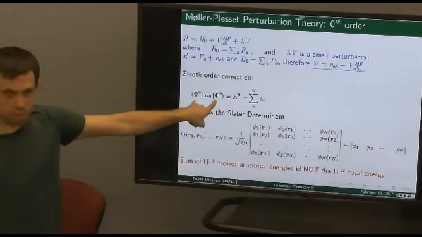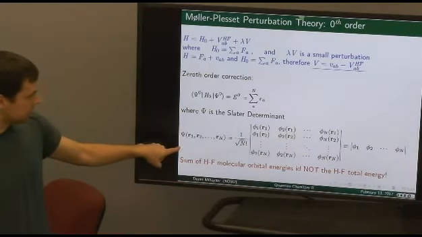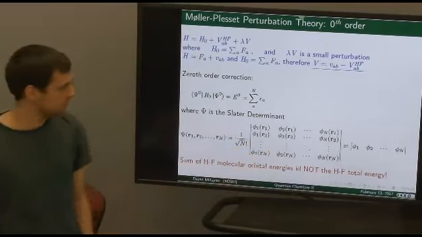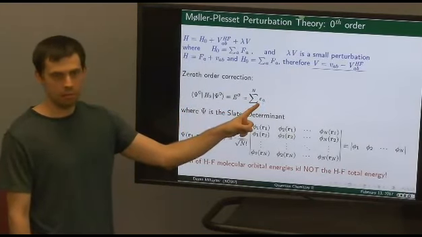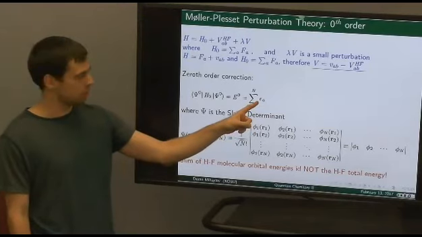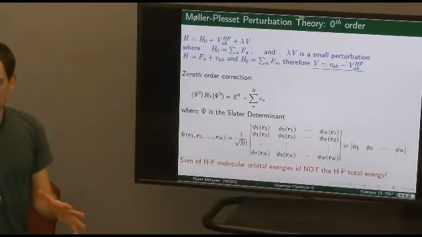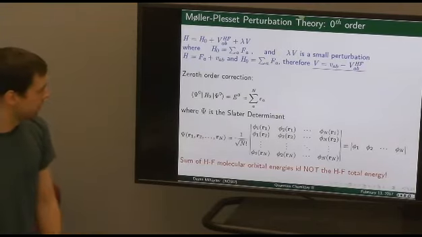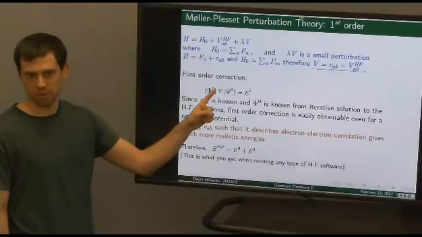These wave functions are obtained through the Hartree-Fock method, in terms of Hartree-Fock orbitals, you gotta construct your Slater determinant. This way, you obtain a sum of Hartree-Fock orbitals, the sum of the energies of the Hartree-Fock orbitals. But that's not the true Hartree-Fock ground state energy that you get when you run your Hartree-Fock software. What Hartree-Fock software does is it goes to first order correction in Moller-Plesset perturbation theory,